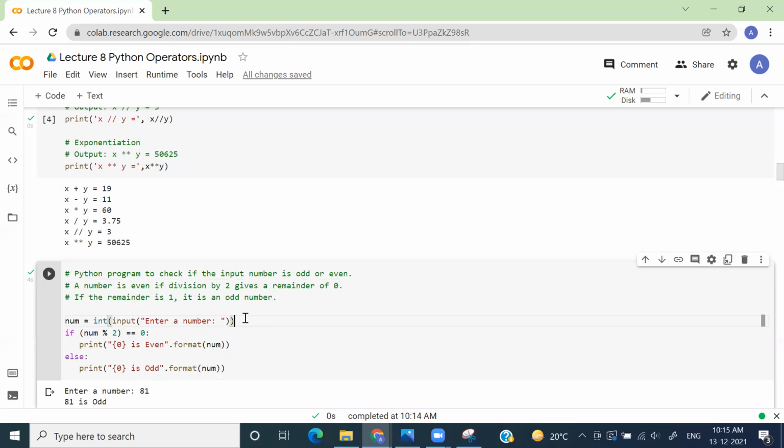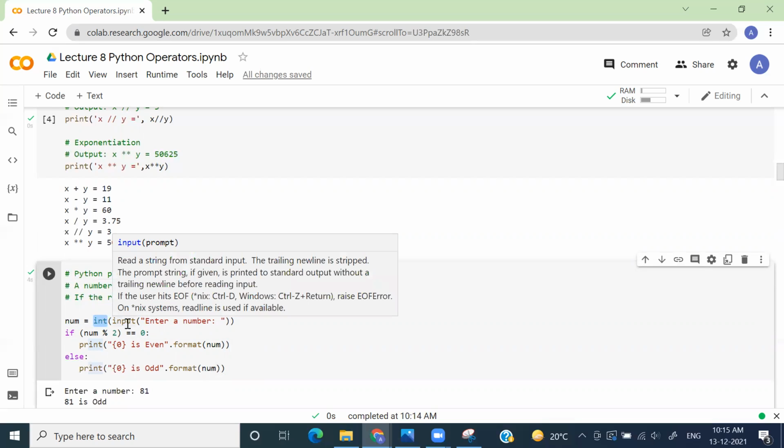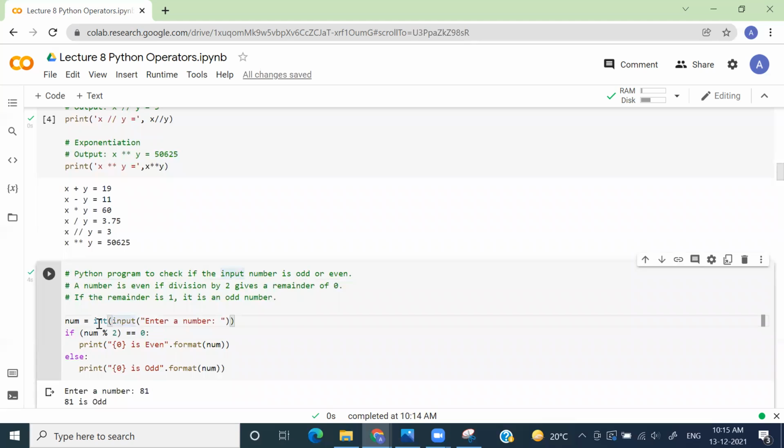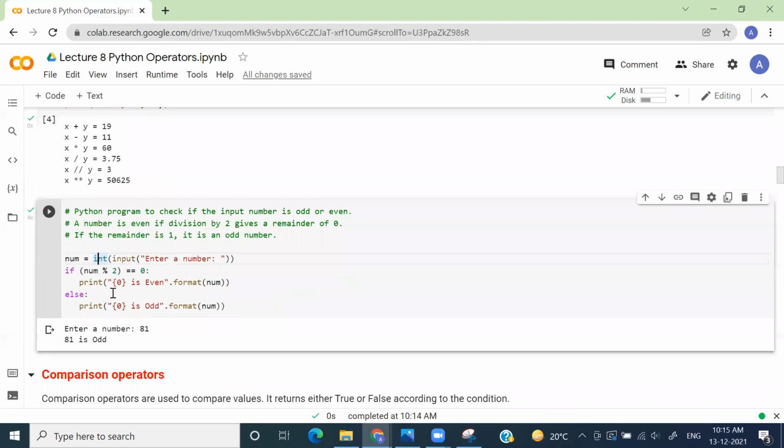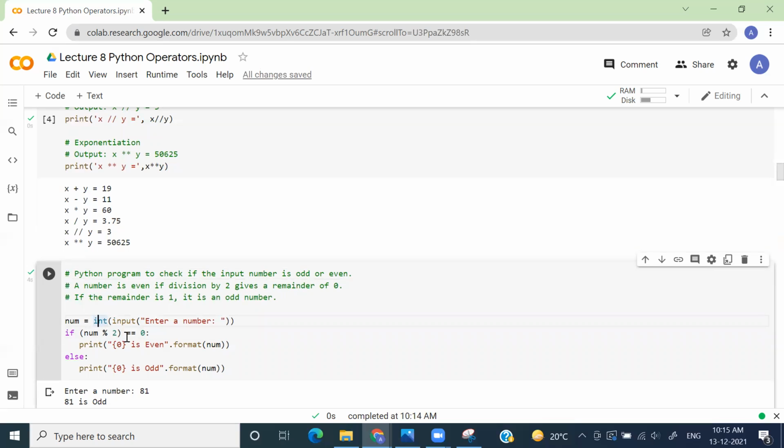What this particular line will do is take input from your user and convert it to integer form. Why are we writing this int? Because by default, whatever the user gives as input will be taken as a string. So we have to do explicit typecasting here. This is an example of explicit typecasting, right? And we're going to check if it is divisible by 2.